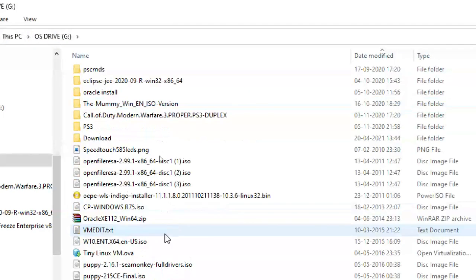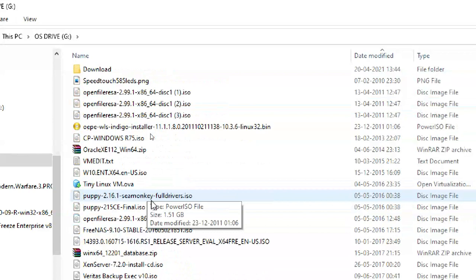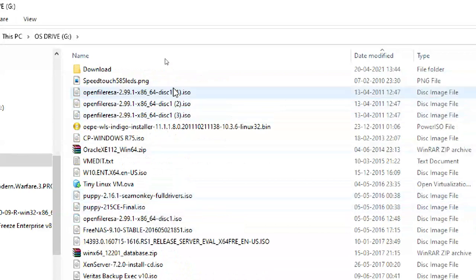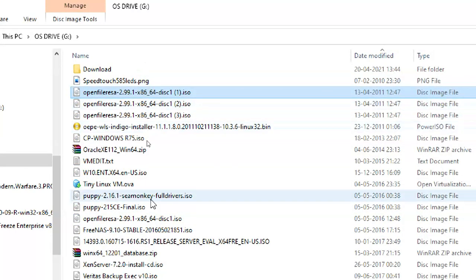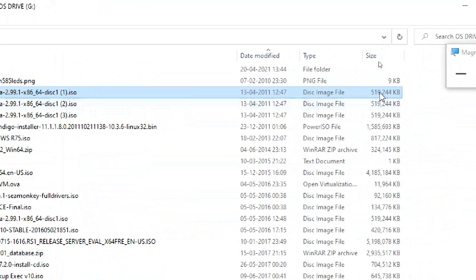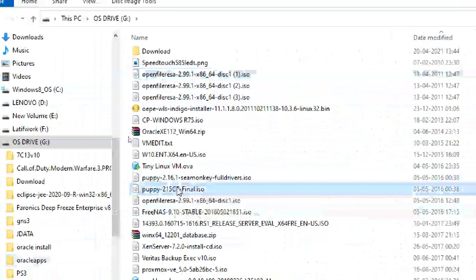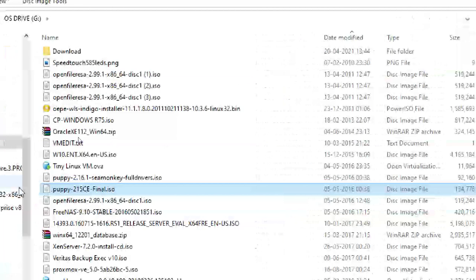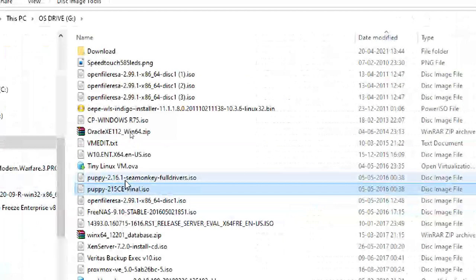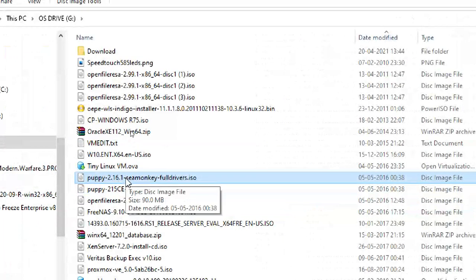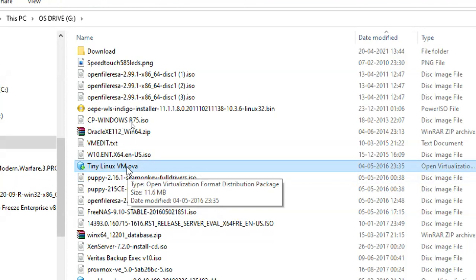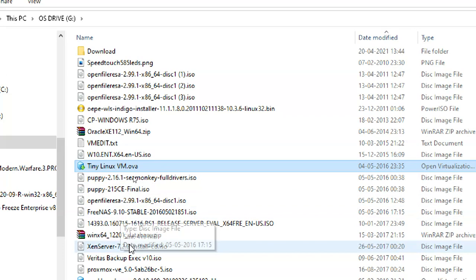Actually, in earlier days I had very small OSs, like tiny OSs. So this is also good, and it is also a small one. Puppy OS is also a very small one. Puppy, like this, these are also very small OSs. Okay, this is an OVA, like if you want to export OVA type, you are able to see it.